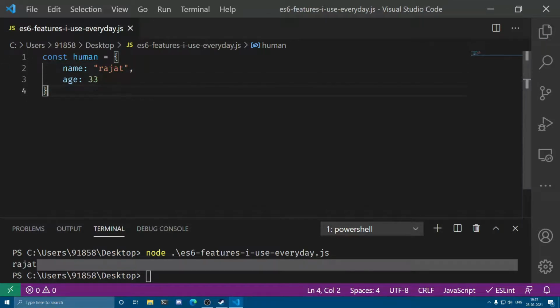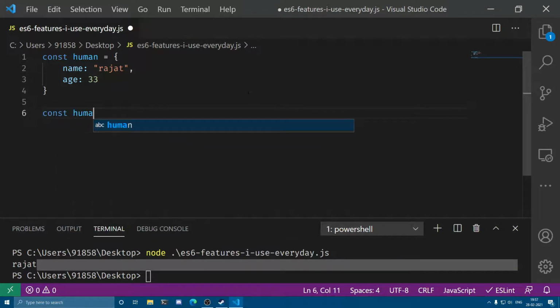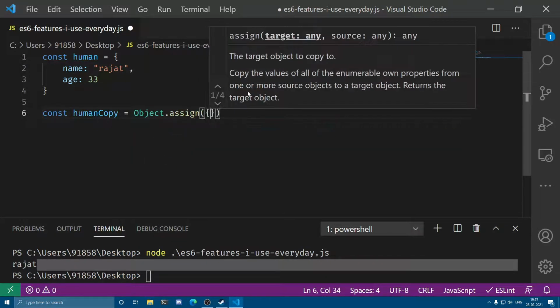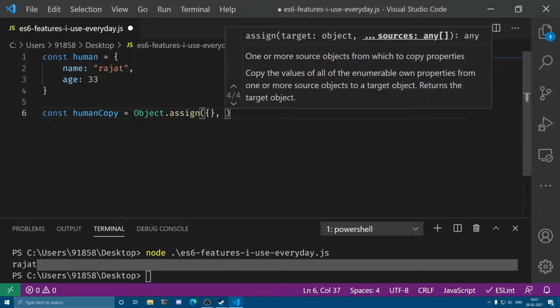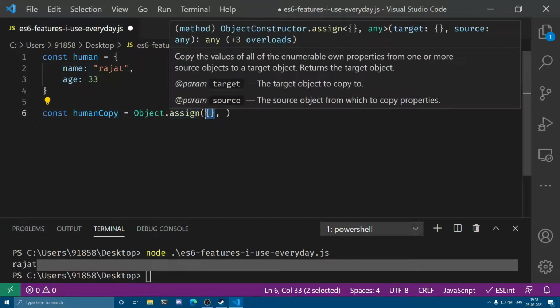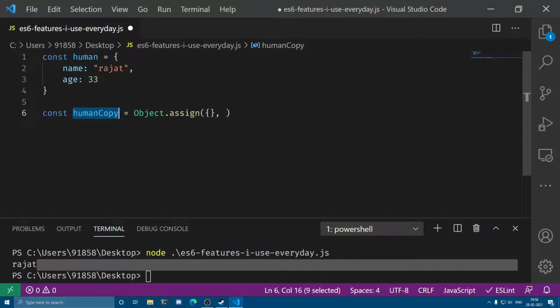Let's suppose I want to create a shallow copy of this thing. So using Object.assign I can easily do humanCopy and write Object.assign and create a new blank object. So this is going to be the target object. All the properties are going to be assigned to this thing and this thing will be assigned to humanCopy. After this you have to write all the objects you would like to copy things from.